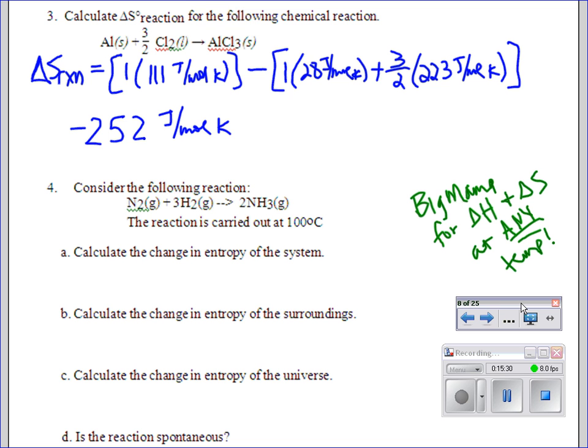Okay. Consider the following reaction, and it's carried out at 100 degrees Celsius. Because it's at 100, and we're only dealing with, in this first part, entropy, we're okay with that. So we're going to calculate entropy using what equation? Big Mama. You guys have thermo tables, nice pretty ones, at the back of this packet. So I want you to help me find some pieces of information. Remember, entropy's free elements are not 0, so we're actually going to have 3 numbers that we have to look up here. So we're going to start: delta S is equal to,